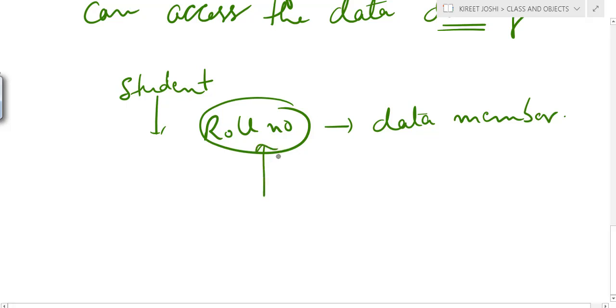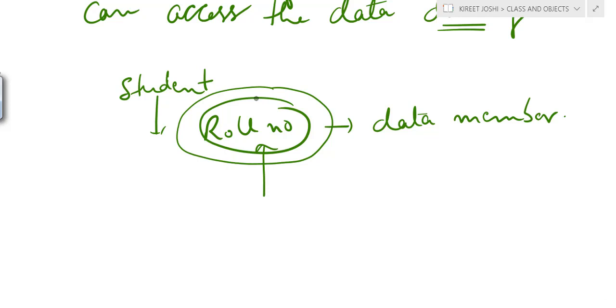We can provide this information indirectly to that particular member. But if that function or user tries to access this roll number directly, then there is a chance that the user can corrupt this data.